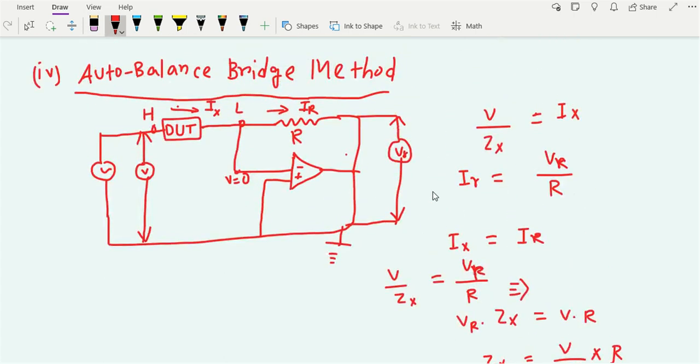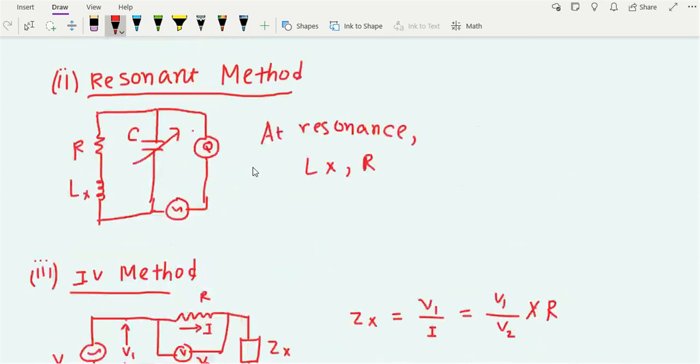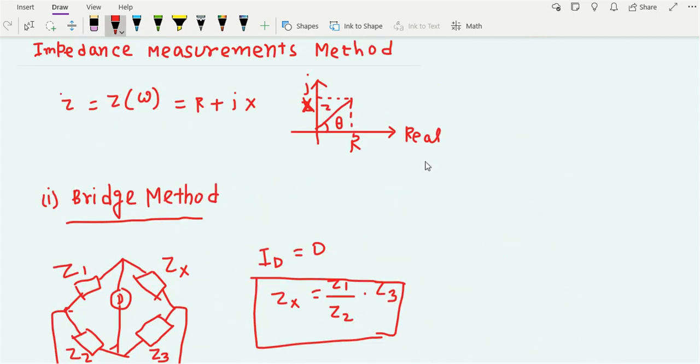So these are the 4 impedance measurement methods that I discussed today. One more thing that I did not discuss: you have to apply a small AC signal. This signal should be small, generally 10 to 50 millivolts, with a particular frequency, the frequency at which you want to measure the impedance. So you have to apply a small signal. Why? Because if you apply a large signal, then this will not be a linear system.